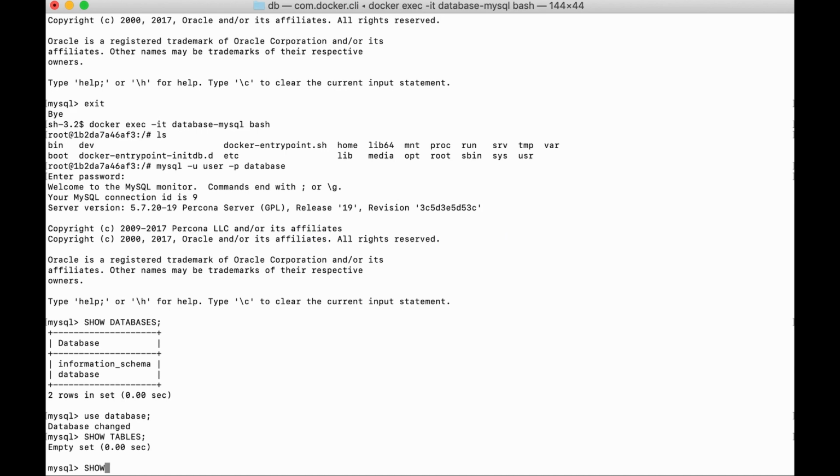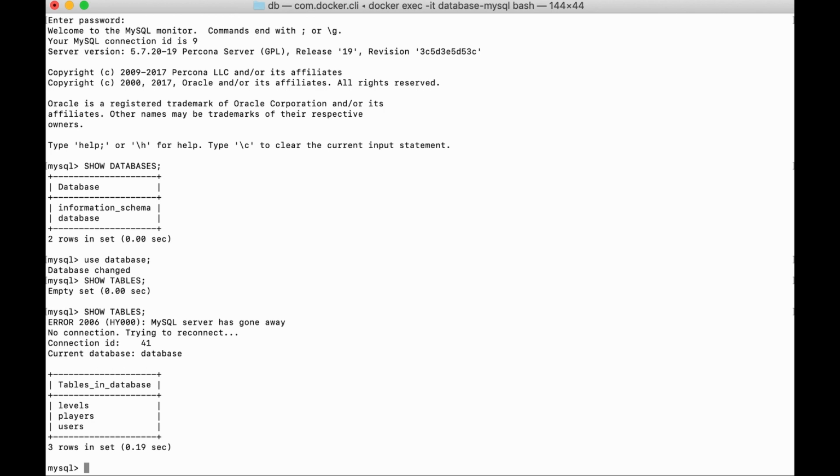Oh, we forgot to add the column date underscore created to table users. Nothing lost. Let's see how we can correct our mistakes. So now it's time to add that column. To do that we will use alter table.